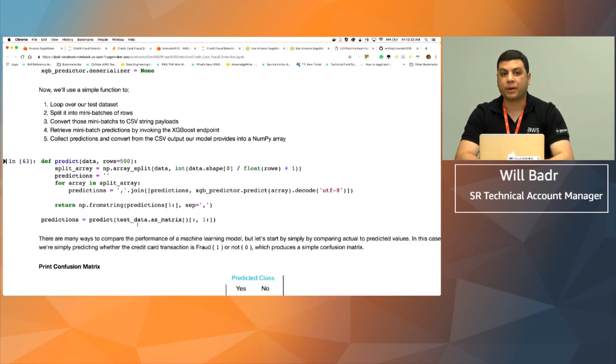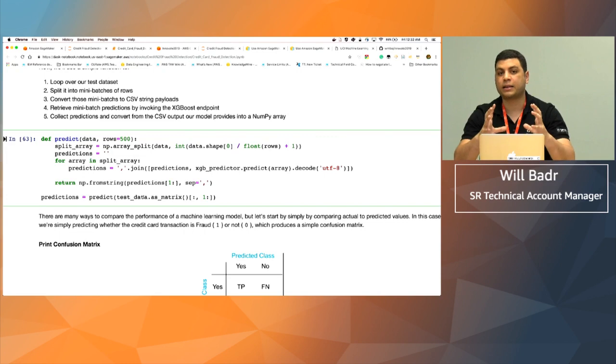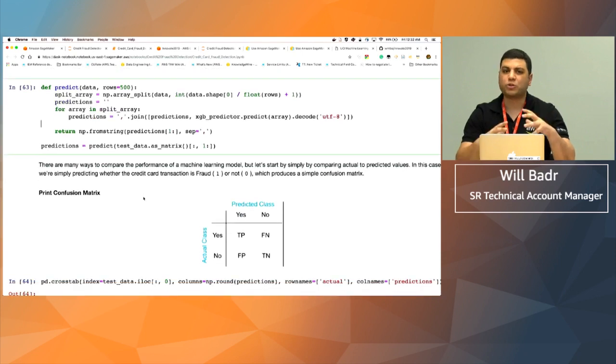So now that we built it, we're going to send the test data set as a whole, that 10% of the data that the model hasn't seen before, and start making predictions. One way to evaluate whether or not our model is good or bad is something called a confusion matrix. The confusion matrix looks exactly like this. On the top right hand